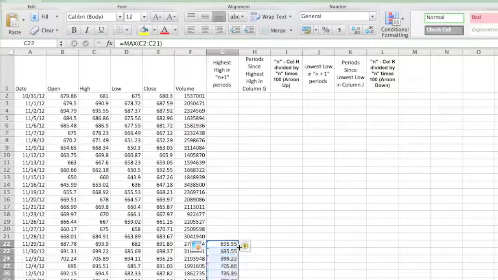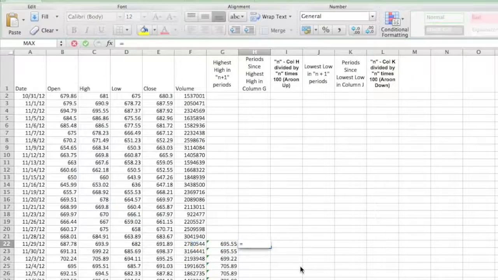Just fill in the rest. And then the very next column is the period since highest high in column G. This number tells us how many days have gone by since we actually hit that highest high. It's based on n+1, so in this case it's going to be 21